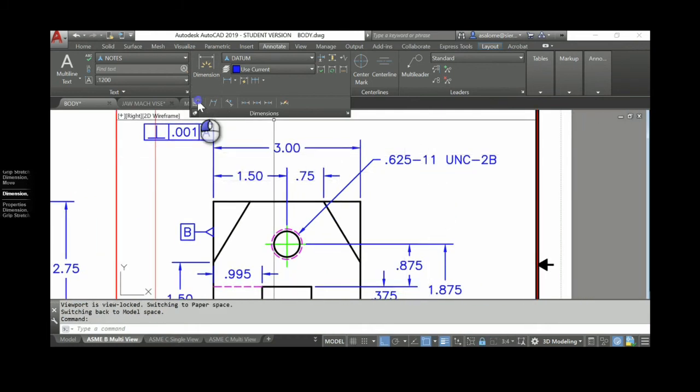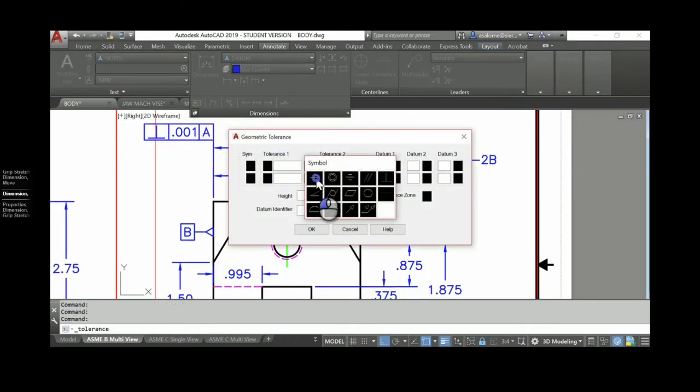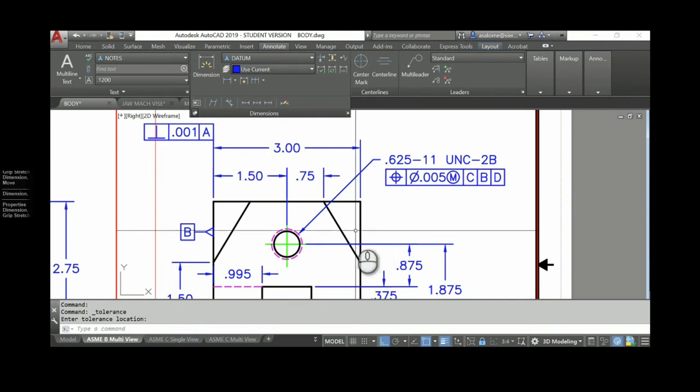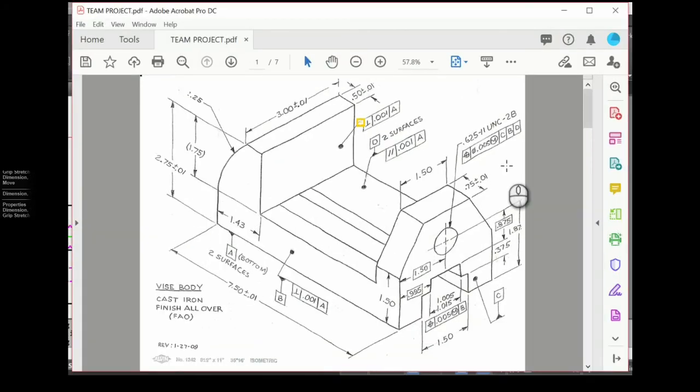We're going to make a feature control frame, position at diameter 0.005 when this is at maximum material condition to C, B, and D. We're going to click OK, and that's going to read as the second line of information under that whole call out. Make sure we got that right. We do. This one, position 0.005 at maximum to B, goes with this size call out right here.